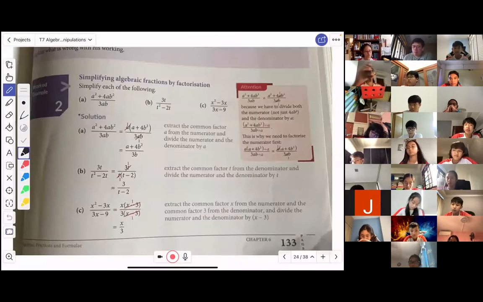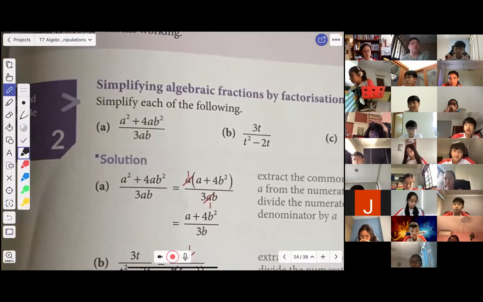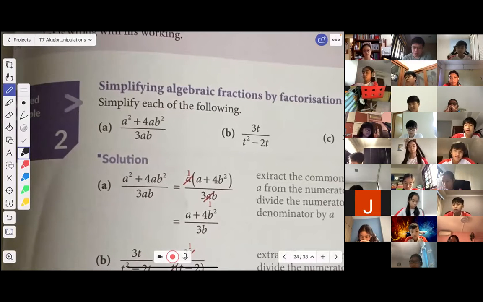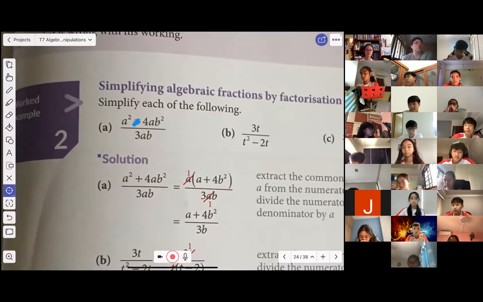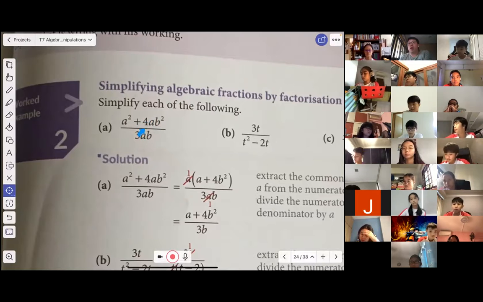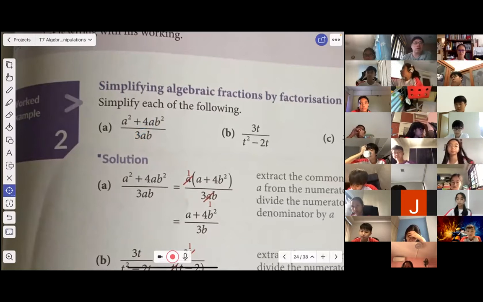So how about questions like this? This is very similar to your question 6.2. Again, you must remember that when you deal with algebraic fractions, you have